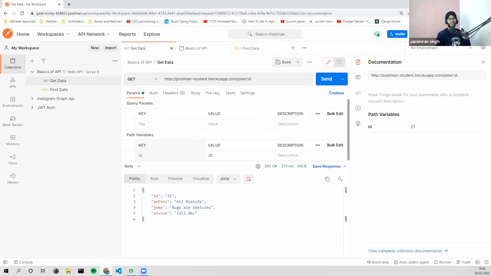I want new jokes. We can use Python. There's nothing like Python JSON. JSON is only JSON. Your question was, can I use JSON in Python? Yes, you can use JSON in Python. For that, you have to parse, or you can serialize. You have to convert that JSON into Python readable code. So this is how you work with JSON in many languages. You can work in Java, C, C++. JSON has specific rules. You have to convert that, and then you can use that natively in that language.